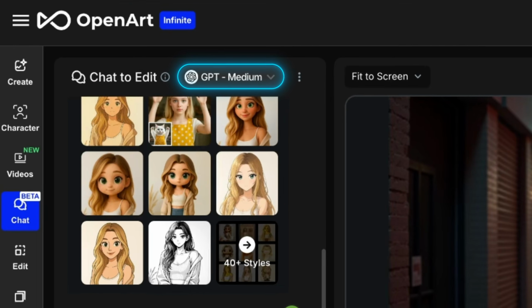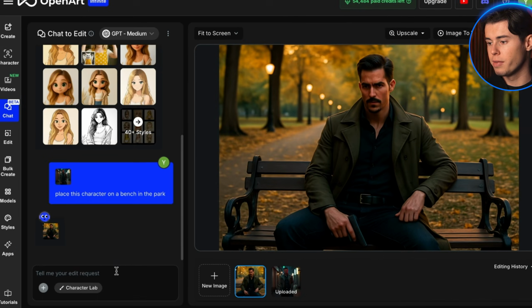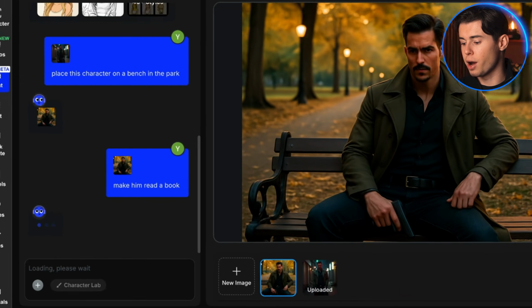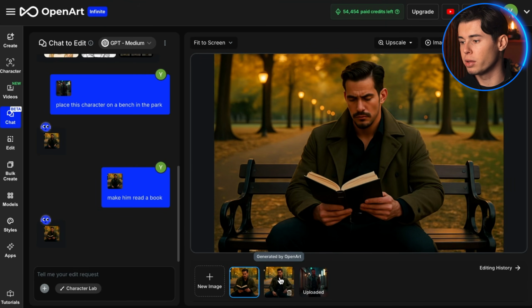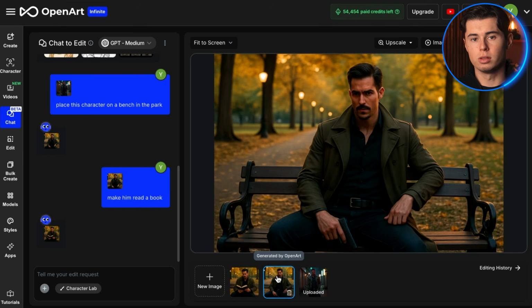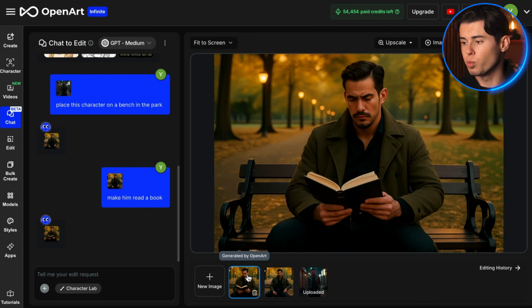Now, one of the downsides of the GPT model is that if you continue editing the same generated image, the character's likeness tends to change. For example, if I take this park scene and prompt, make him read a book, you'll notice the character looks slightly different. Even the tone of the image changes. If I flip between these two images, you can see they're quite different versions of what should be the same